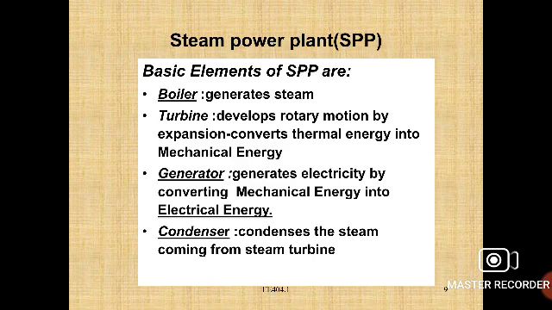What is the function of the generator? We already know about the function of the generator. It generates electricity by converting mechanical energy into electrical energy. Here the generator is used to generate electrical energy by utilizing mechanical energy. Mechanical energy means the IC engine is provided to start, and the engine is directly connected to the flywheel of the generator. It will be revolved continuously, and the power will be generated in the generator.